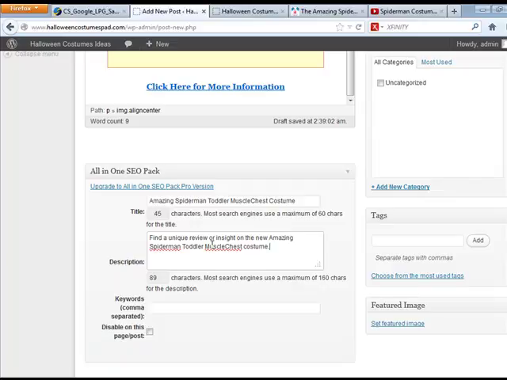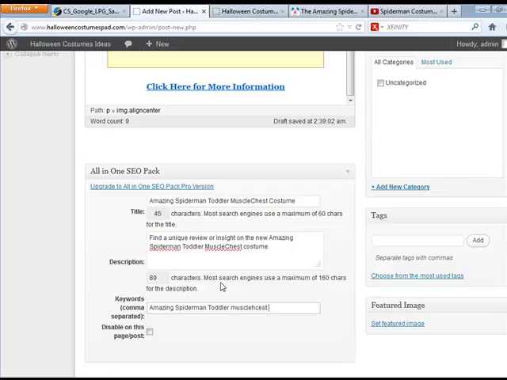Or it could be beyond costumes. It could be just a few video games, or just racing video games, or sports video games, or action video games. The point is you kind of zero in on the niche, and you create kind of a themed website about it. So, and then we're just going to call this under keyword separated Spider-Man toddler